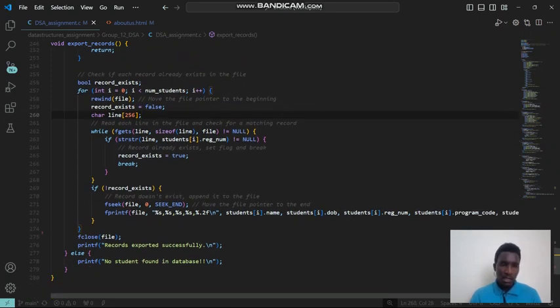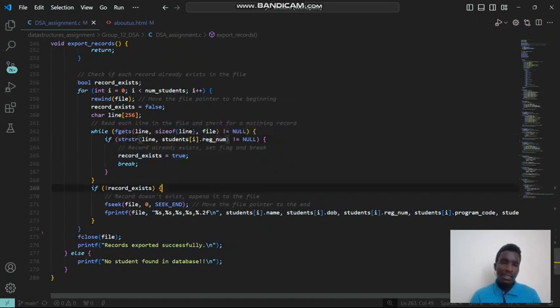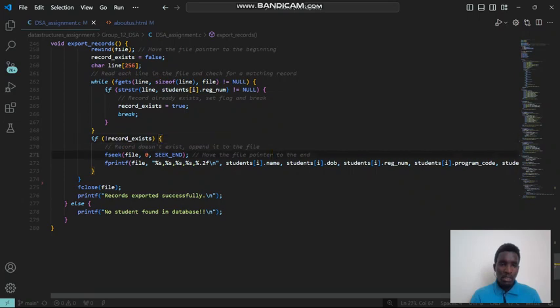As long as the line, using the size of the line, has the same data and is not equal to null, if it's not empty, and if the string, this strstr method, finds that line and their registration numbers are not equal to null, basically what happens is it's going to tell you that the record exists is true, meaning that that data already exists and it will just break and not add it there. Then if this record does not exist, then it's going to append it at the end of the file and seek up to the end of the file, then print all the data that is not there. Then after